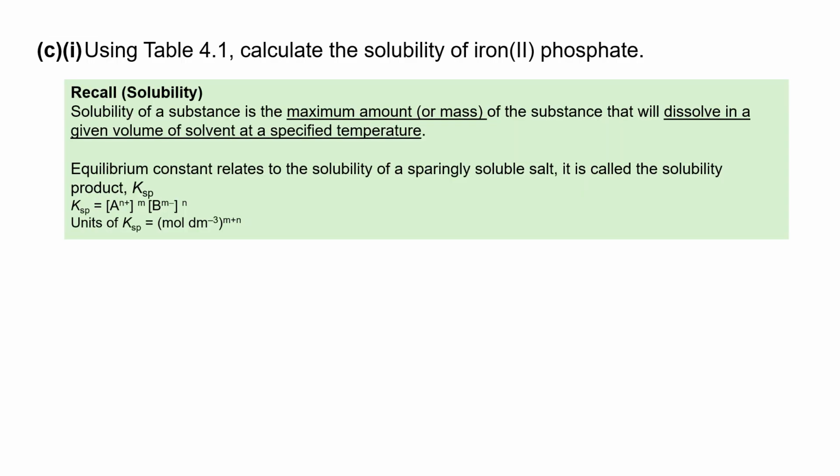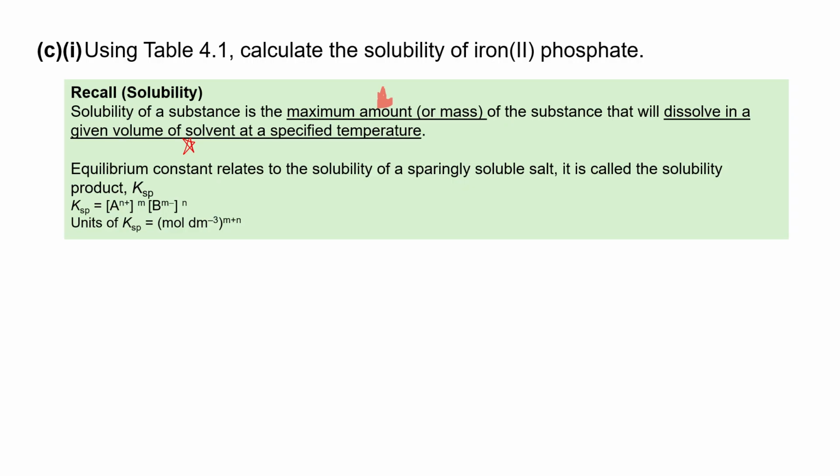So just a very quick recap on what solubility is. It is actually the maximum amount or the mass of a substance that will dissolve in a given solvent at a specific temperature. What it essentially means is how much of the substance can be dissolved. If I have 100 cm³ of the solvent at a fixed temperature, what's the maximum mass or the maximum number of moles in that volume? So for solubility, we are looking at mole per dm³, which is the concentration of the substance that can be dissolved,